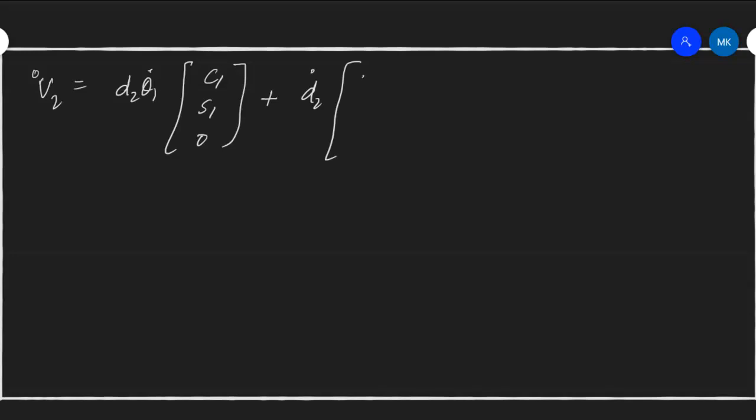So if you remember the previous steps, we will have now here, this will be written like this, and so we'll have v2 in 0 is equal to d2 theta 1 dot, and i1 in 0 with transformation matrix r1 to 0 will give us nothing but cos 1 sin 1 and 0. I have skipped one step here, so mind you, plus d2 dot as usual. So r1 to 0 is nothing but c1 minus sin 1 cos 1 0 0, which is rotation about z axis here. Now here we have to be very careful.